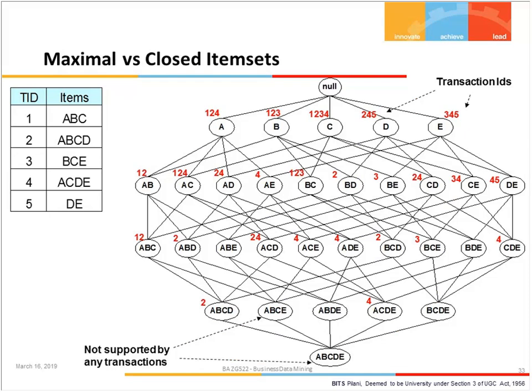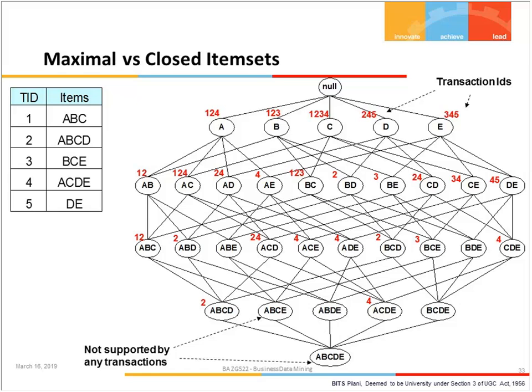So now let's see a small item data set, a transaction data set. There are 5 transactions, and 5 items are sold by the store. The items are called A, B, C, D, E. So we start finding what the transaction IDs are in this lattice. A is there in 1, 2, 4, B is there in 1, 2, 3, and C is there in 1, 2, 3,